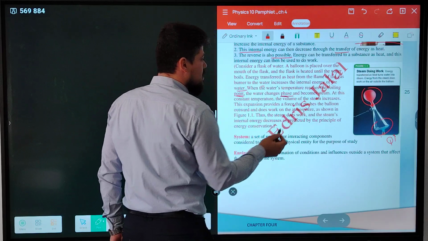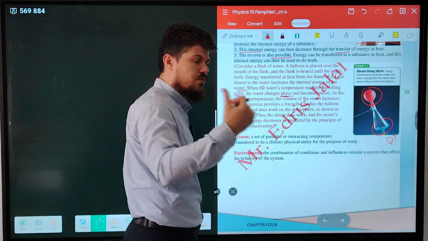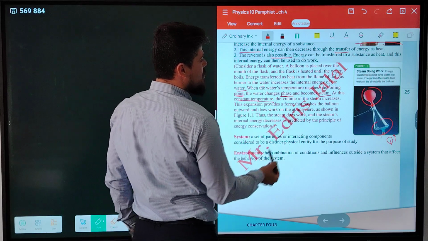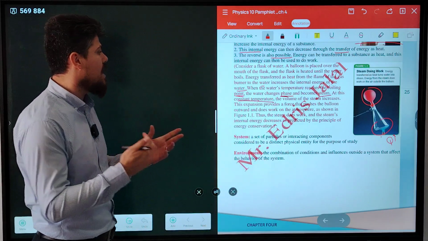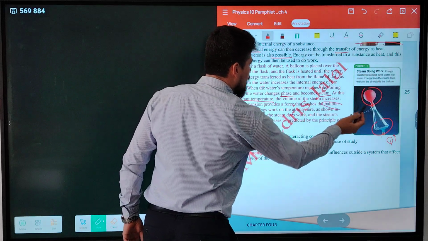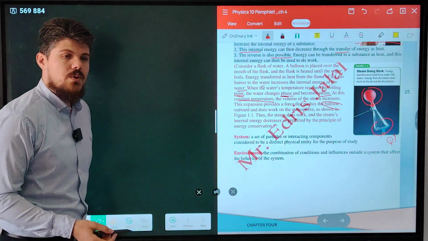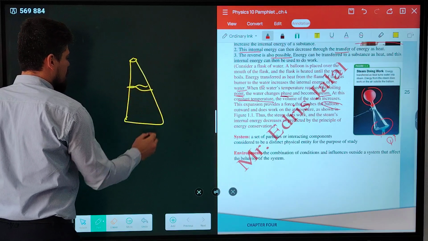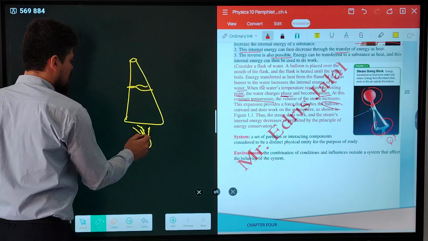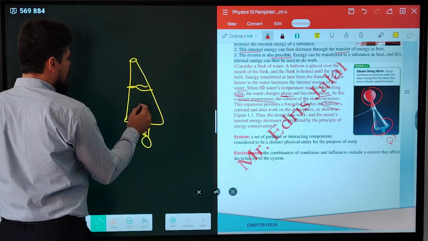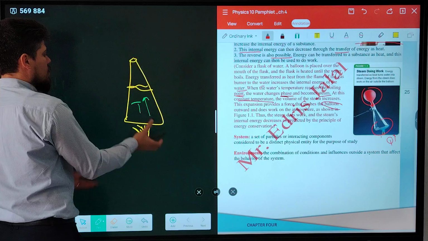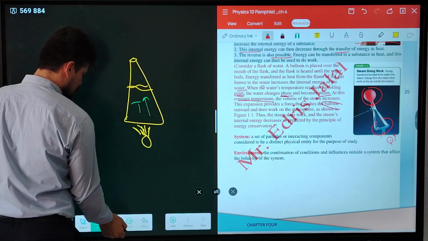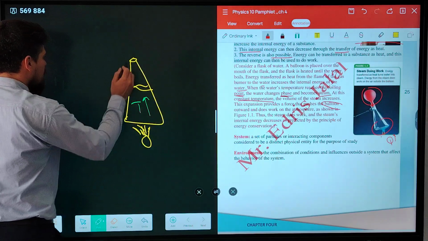The water changes phase. It converts to what? To vapor, to steam. At the constant temperature, the volume of the steam increases. This expansion provides what? The force that pushes what? The force that pushes the balloon. Okay, so in this case, assume that this is a flask of water giving energy as heat. So what happened to the temperature of the water? Increases. When the temperature of the water increases, this internal energy goes, this gas pushes what? Pushes the balloon.